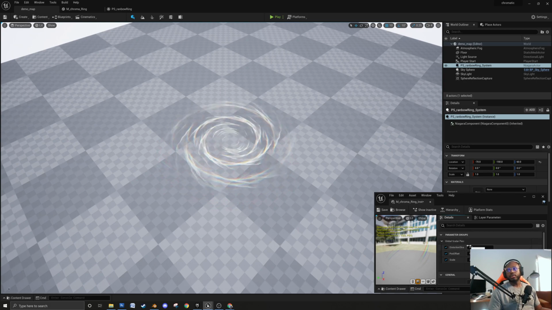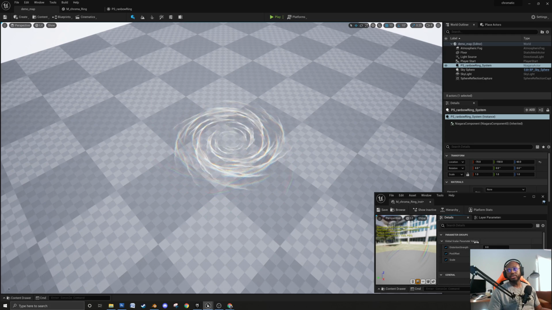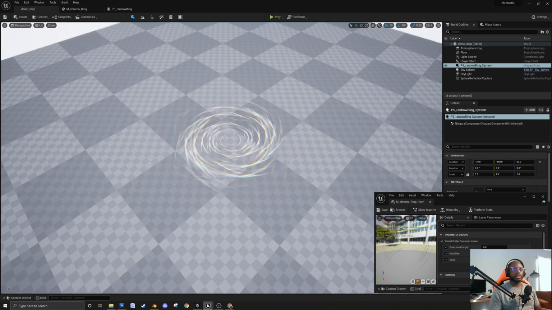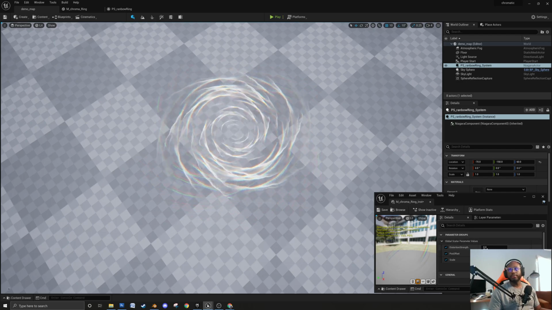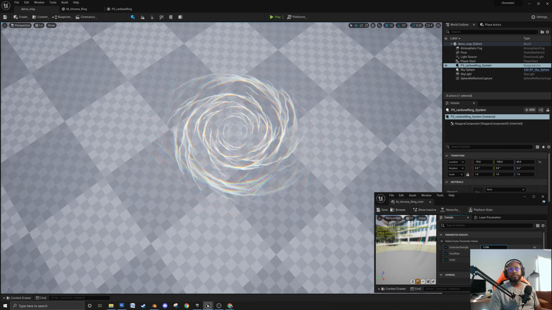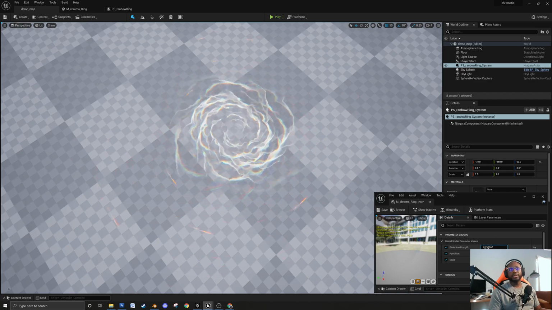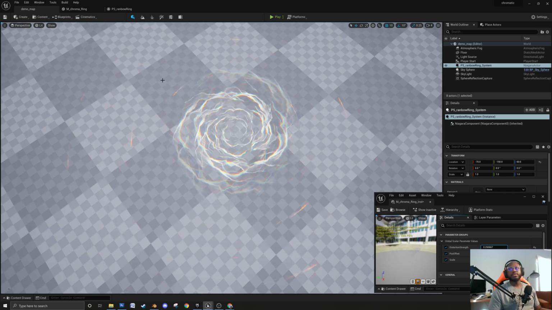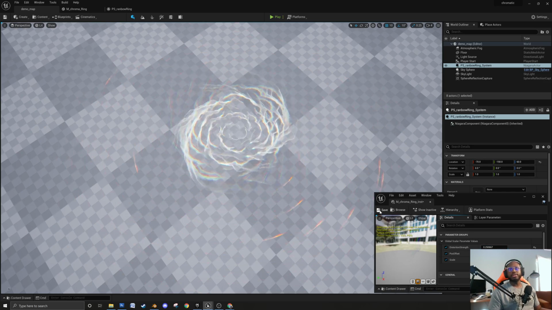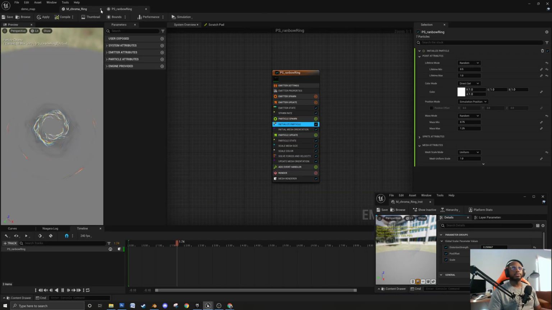So we're going to change on the fly here in the material instance this distortion scale. We're going to see if we can get this texture to look a little more kind of wiggly. Yeah, look at that. We got a little bit of a wiggle there, which is cool, huh? That's awesome. So if we save this, by the way, and we go back to our material,